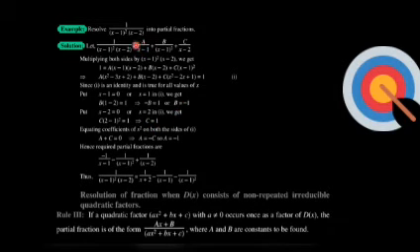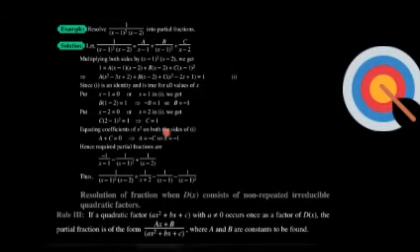Now the third unknown a is left, and there are no more linear factors which we can put equal to 0 and put the value of x in equation number 1, so we use another method. In this case, we'll have to equate the coefficients of x square on both sides of equation number 1. If you can see here, x square has a coefficient a and c, so a plus c is the coefficient of x square. On the right side there is no x square, so the coefficient of x square is equal to 0 on the right side.